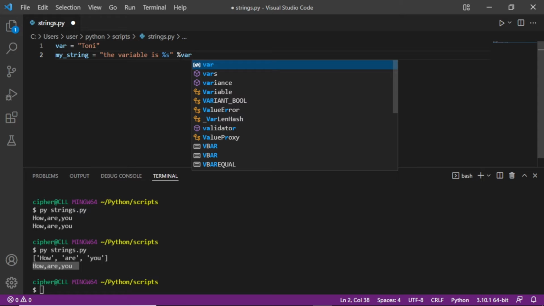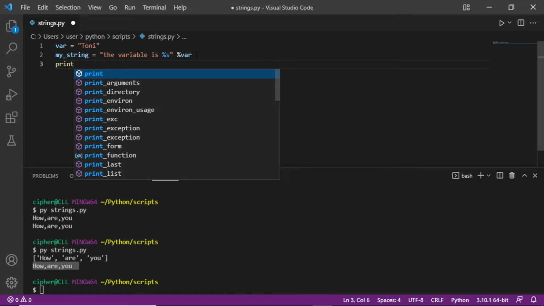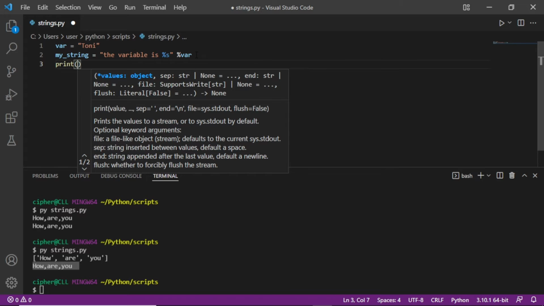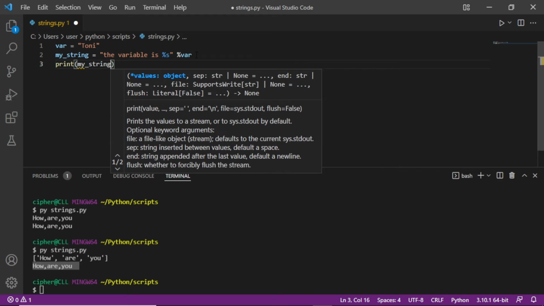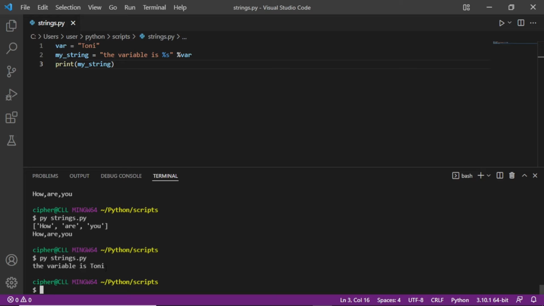And so if we print my string, save this, and once we print this, we are going to have the variable is Tony. So this is the old-fashioned way, although